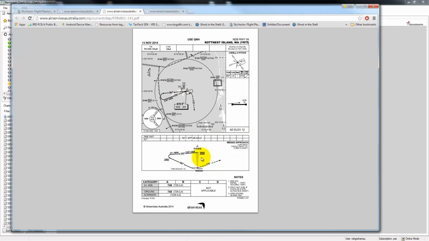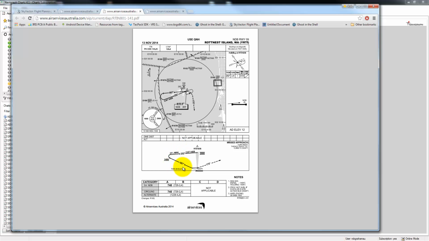At least until we get to the 8. Finally, this section is showing us the actual approach from the side view. So this is only available for Cat A and B. There's no C or D. It tells us that we've got to come in at an altitude of 2,000 feet, fly out on 252 for 2.5 minutes, descending down but not below 1,400 feet, before turning in on 087 for another 2.5